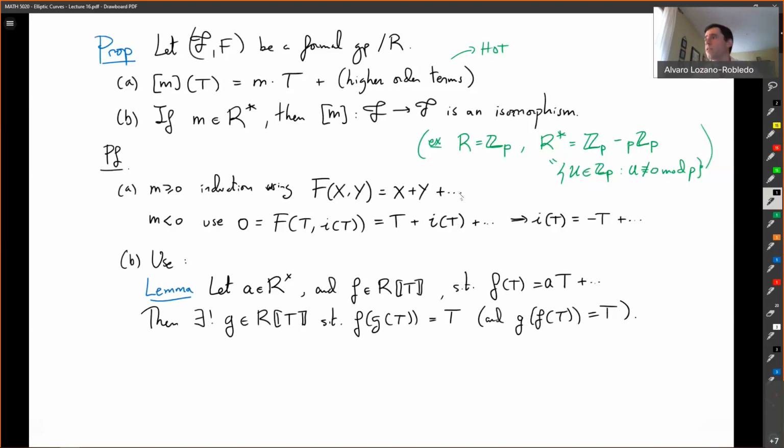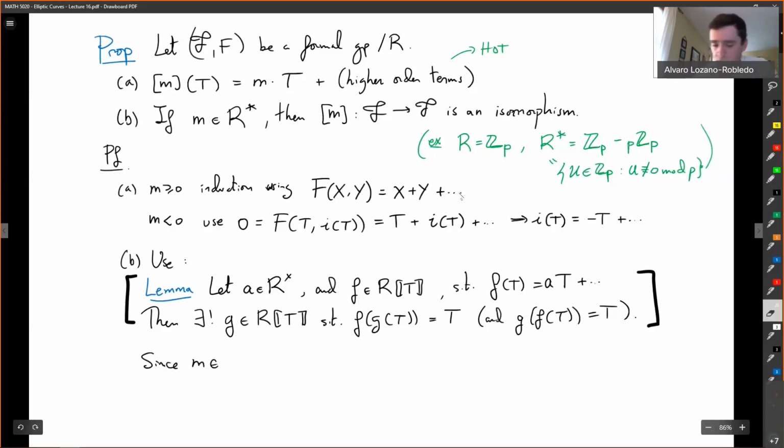I think the proof of this is also in the book. But just assuming that, let's use it as a black box. This is something about power series, and I'm not going to prove it. But if you assume that, then that's just saying that, since m is a unit,